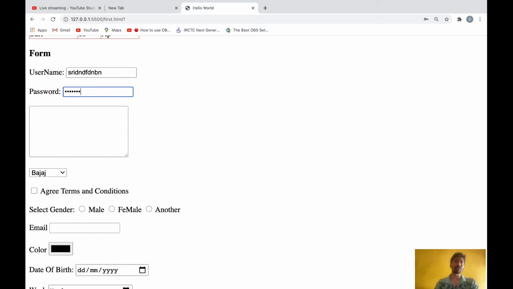This is input type password. If you want to write some password kind of thing, you can use this one. Text area, if you want to ask the user an address kind of thing, then you can use the text area element. Then select box, from multiple options, if you want to select only one option, you can use this select box. This one, check box.